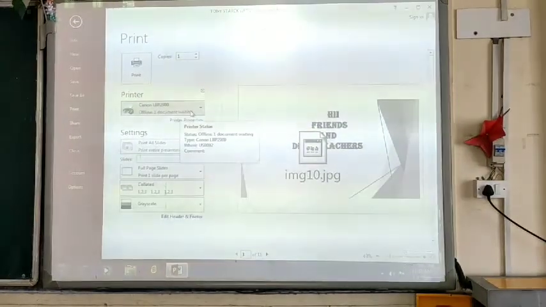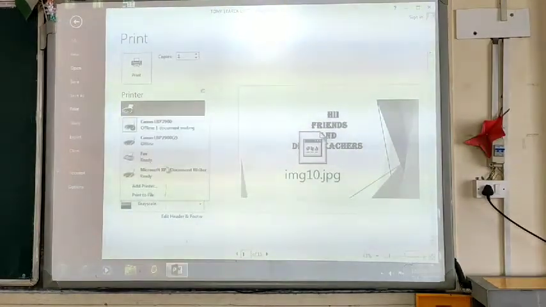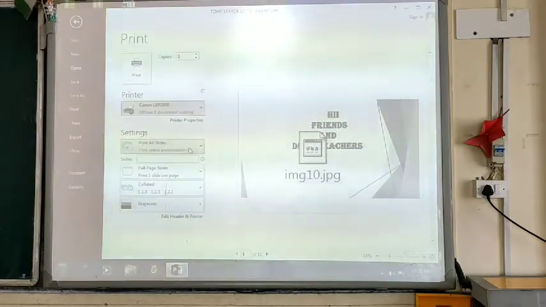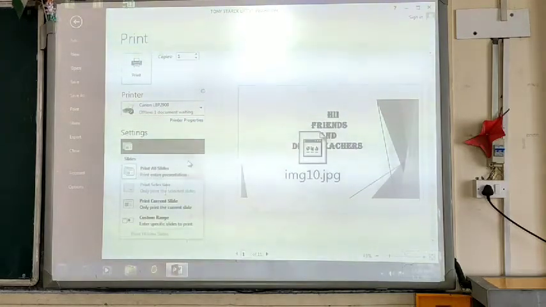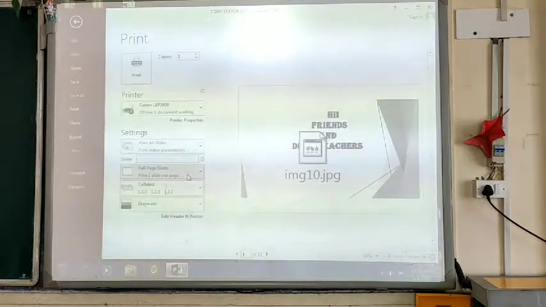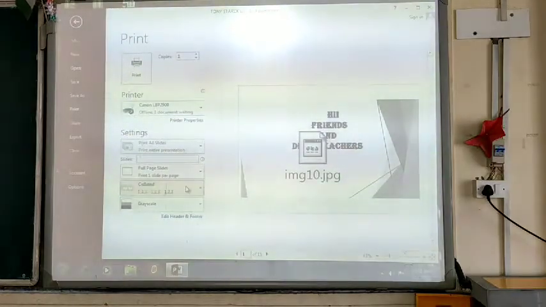First of all, you select the printer. From which printer do you want to take the printout? Then you have to select the number of copies. How many copies do you want to print?